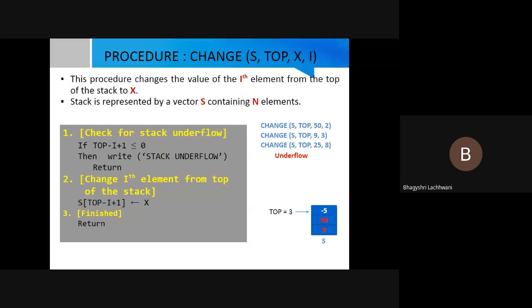So this was about the change operation of the stack. That means from the top, the ith value we will change to the new value, that is the x value. Three steps will be there in the algorithm. The very first step is we have to check for stack underflow. If the stack is not underflow, that means whatever element we are trying to update is possible, so we will update that value in step 2. So S of top minus I plus 1 will be put with the new value, that is x, and last, that is finish. If the element is not present, we will just do step 1, that is stack underflow. Hope this is clear to all of you. Thank you.